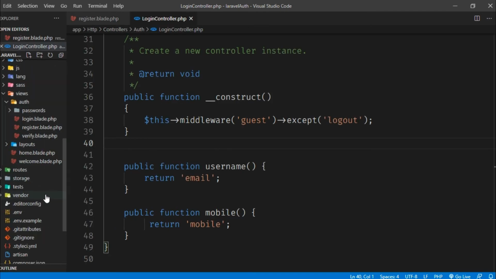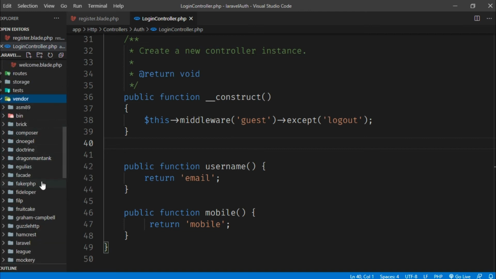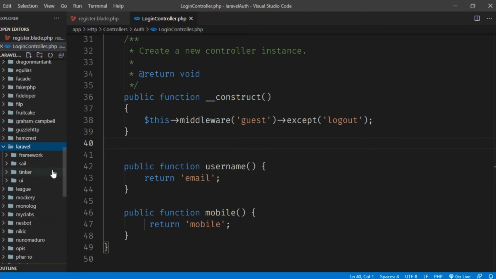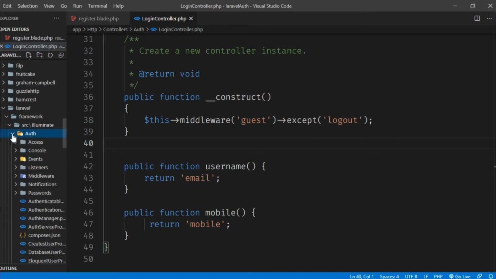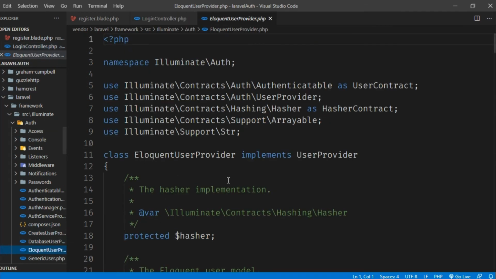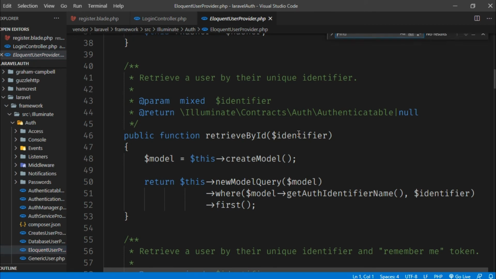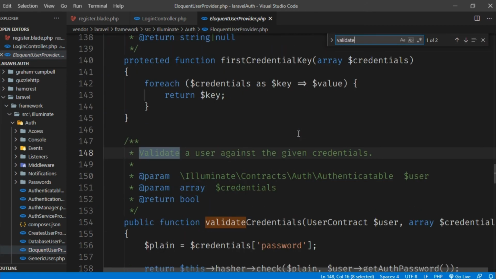We need to go to the vendor, then come here to Laravel, then find the framework source. Let me go to auth, and here you can see the Eloquent user provider. Just search for that thing, validate credentials.